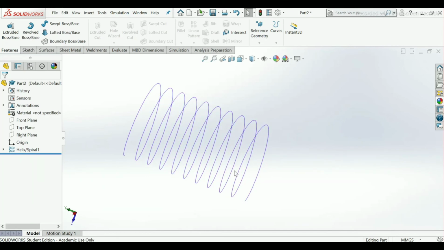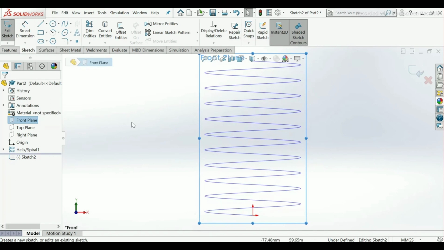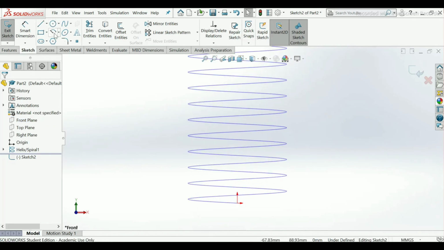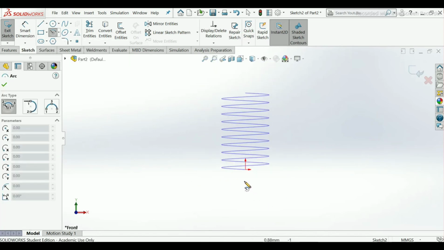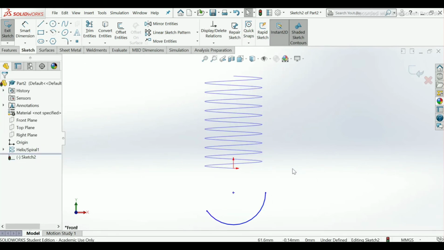Now our this portion has been created here, so go to front plane, sketch, control 8, select center point arc, make it through origin point. Add some relation here.